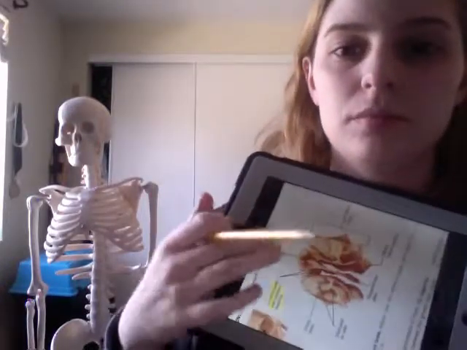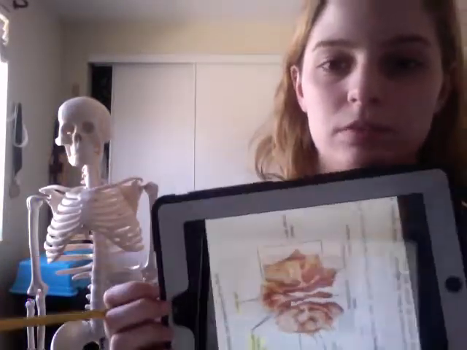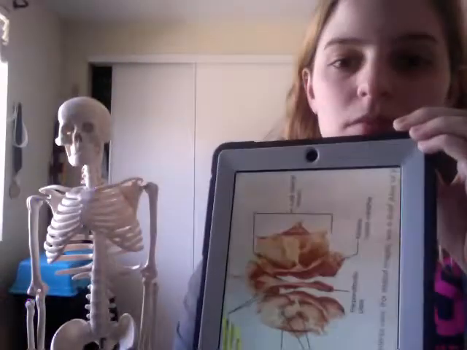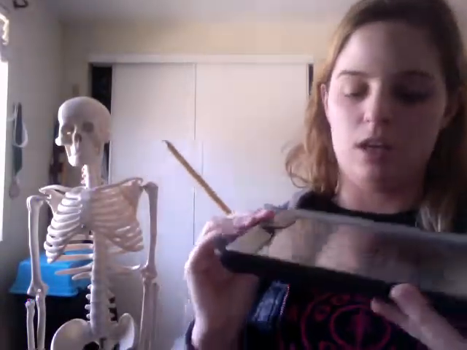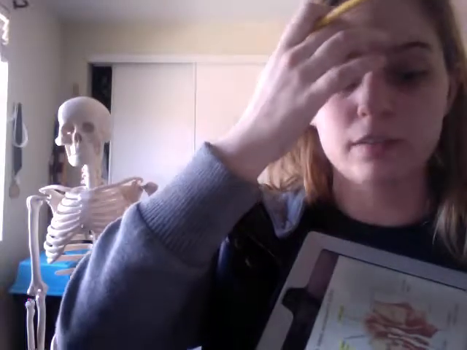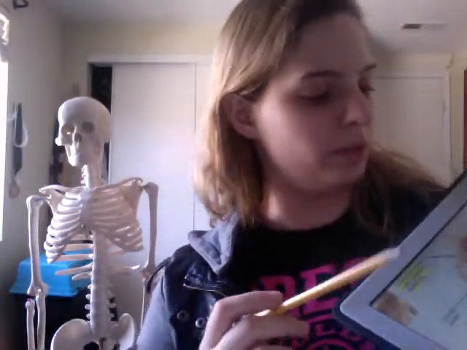And then on page 210 of the textbook is the ethmoid bone, which is really small. It's right in here of the skull, and we're just going to go over the crista. Oh, there we go. I'm just going to keep flipping. Okay, I don't know why it's doing that. But at the very top is going to be the crista galli, and it secures the brain into the cranium cavity. And then the cribriform plate, which I'm trying to figure out the best way to describe without it turning,